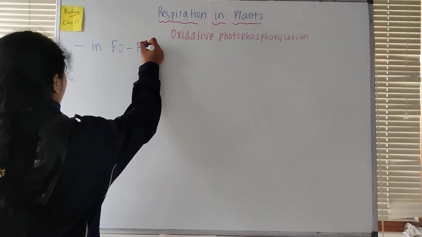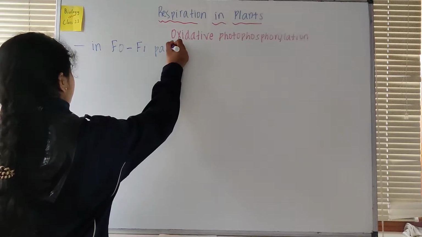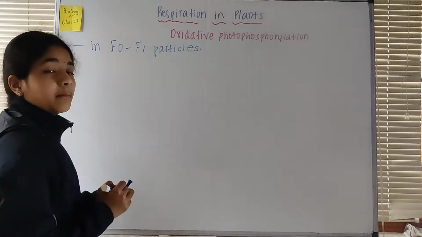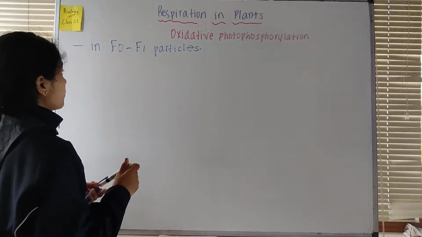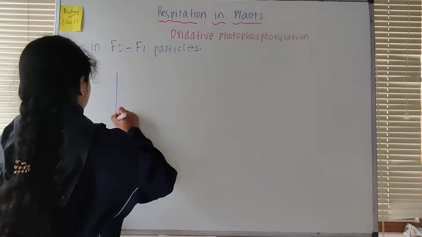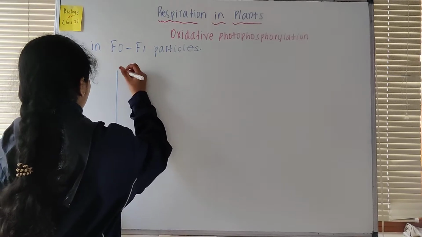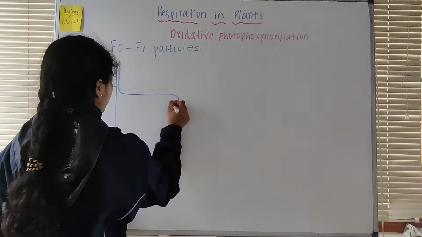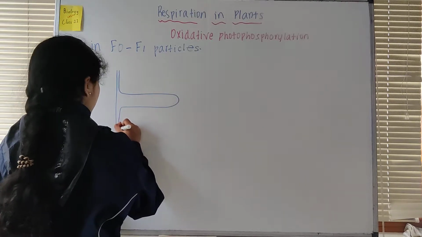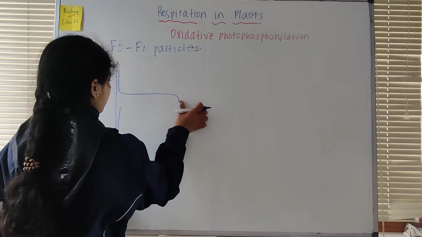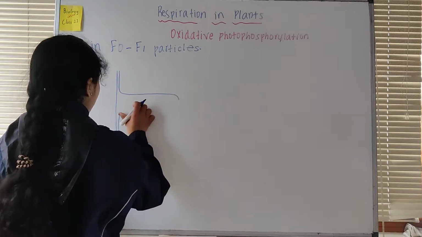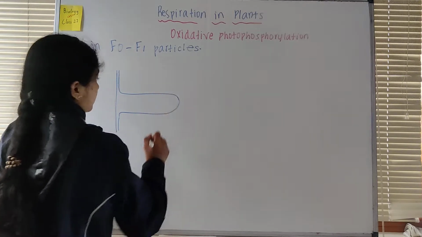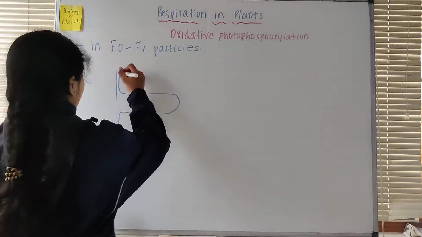F0 F1 particles. These are present in the mitochondria. So if we have to draw the membranes of the mitochondria, here these are the foldings, these are the cristae, foldings in the mitochondria, like this, and